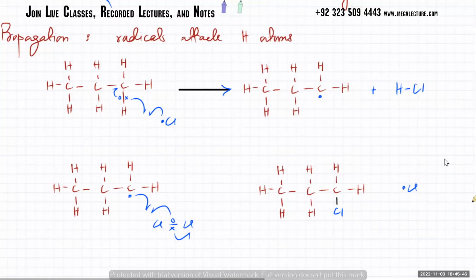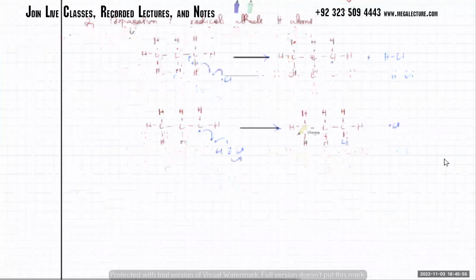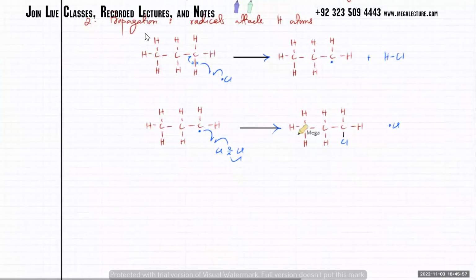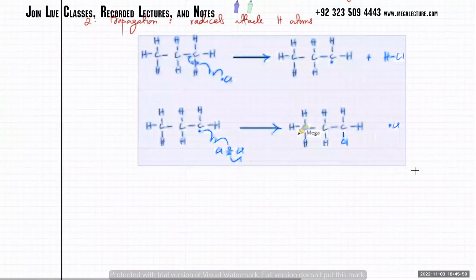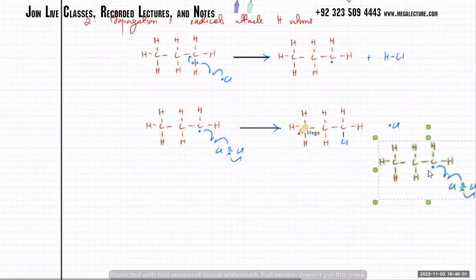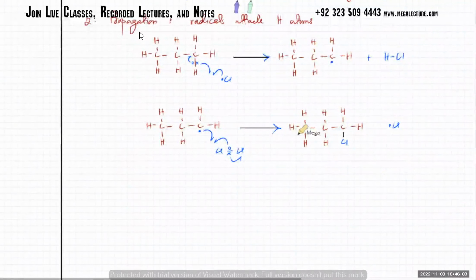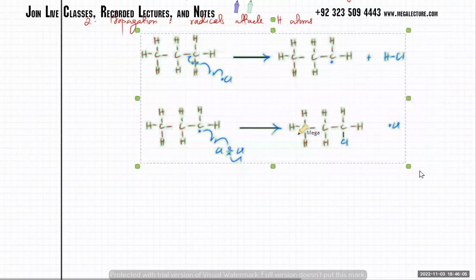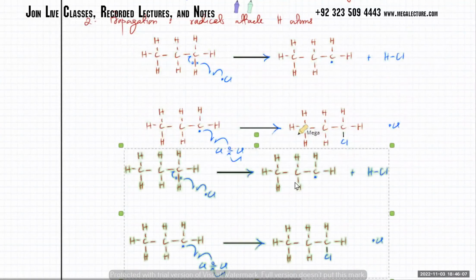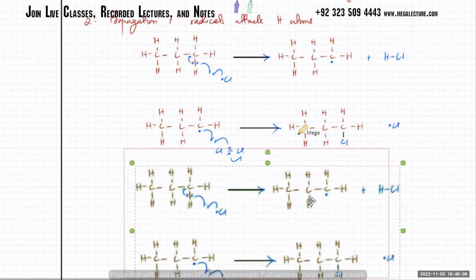And now what's going on is that the reaction will just continue. ठीक है, that's your propagation step. ठीक है, इसको खत्म ही कर लेते हैं. So it's just going to continue until all the Cls they get substituted. This अगला जो step होगा, it's going to be the same step repeated, except with one difference, and that difference is